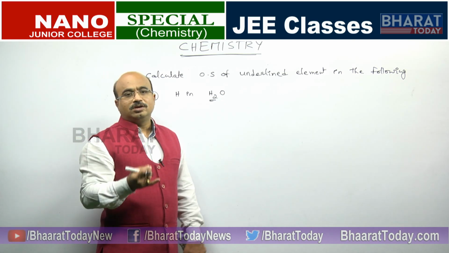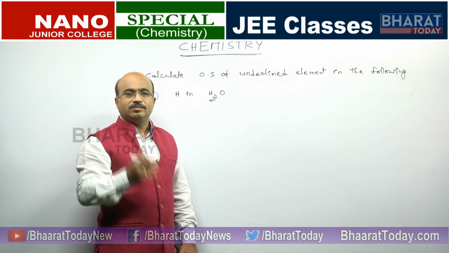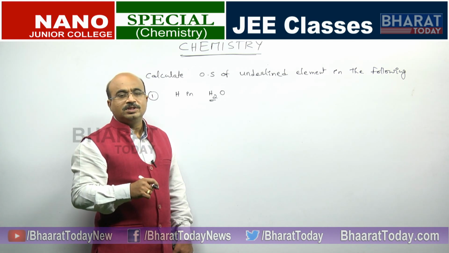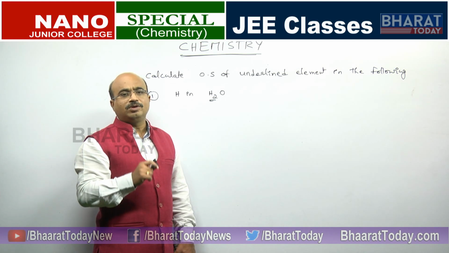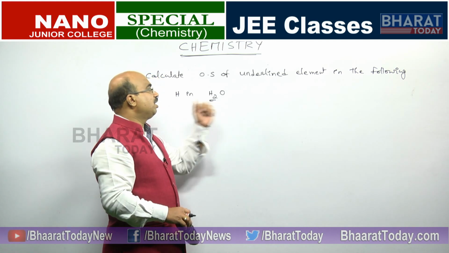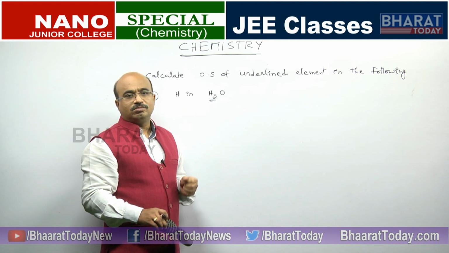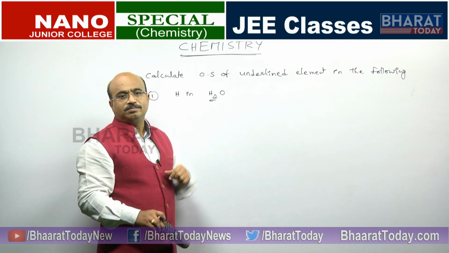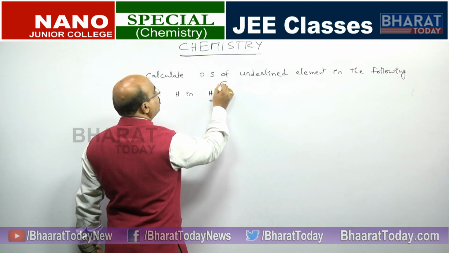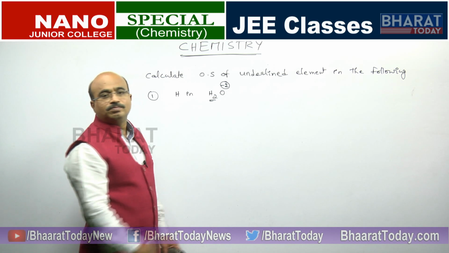So, what are there for oxygen as in rules? Oxygen is generally taken -2 when it is bonded to anything. It is taken +1 or +2 when it is bonded to fluorine. In peroxide it is taken -1. In superoxide it is taken -1/2. But this is not a peroxide, this is not a superoxide, because we are not having O2 and it is not bonded to fluorine. So, we take oxygen charge as -2, or oxidation state as -2. So, the general rule we apply and we write -2.